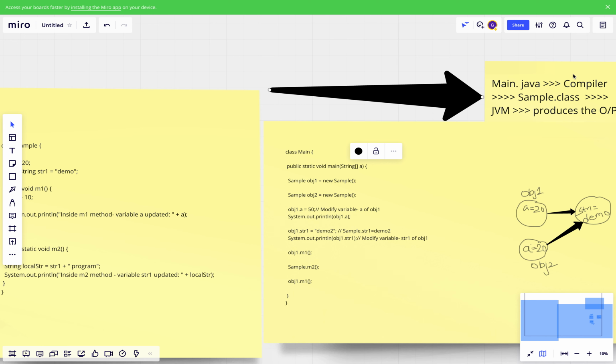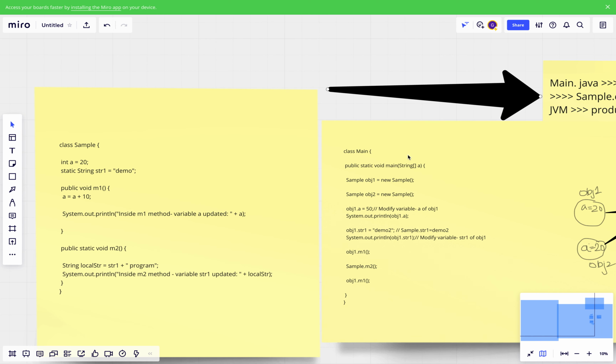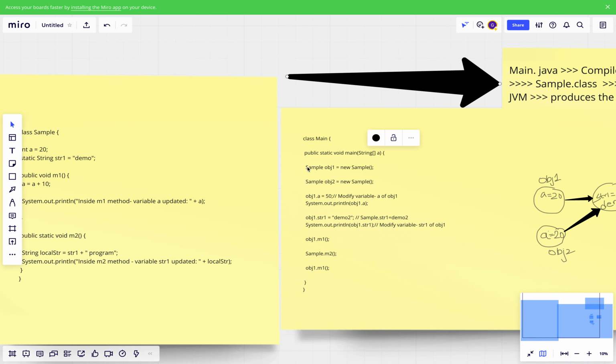For that you need to pass the Java file to a compiler. The compiler will scan the complete code. If there are any syntactical or semantic mistakes, it will throw an error. If not, a .class file will be created. However many classes are defined in your .java file, that many .class files will be created.